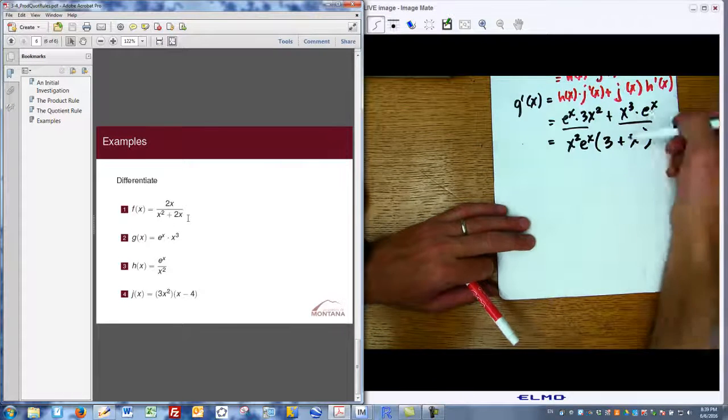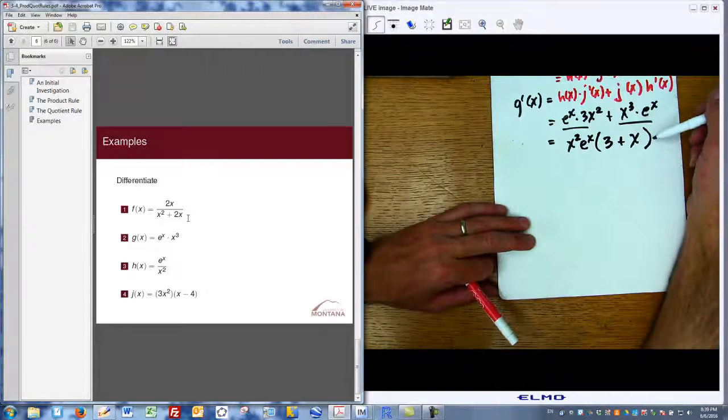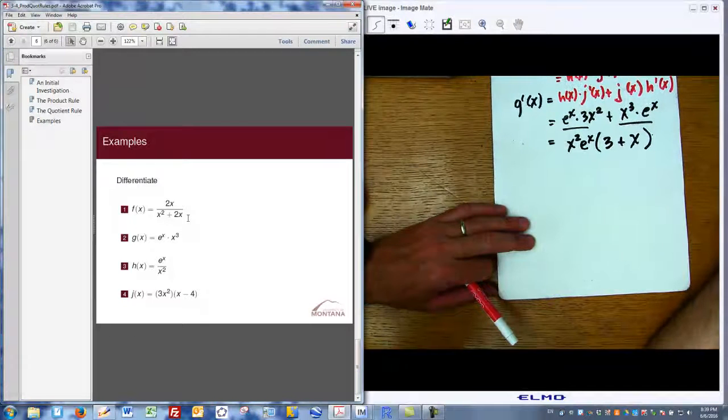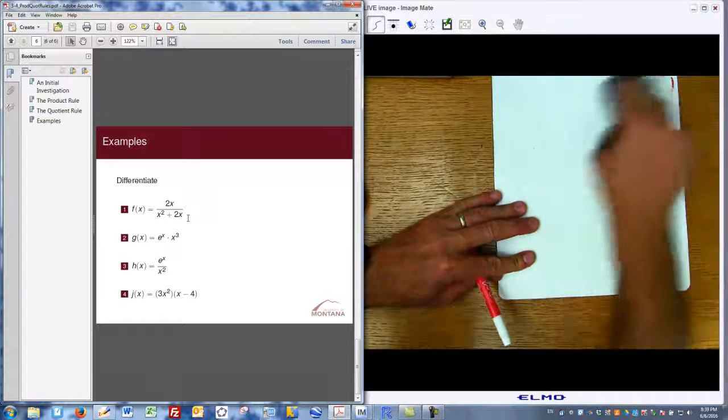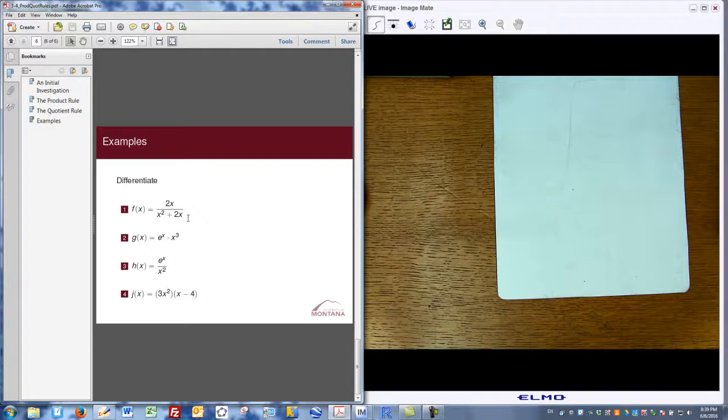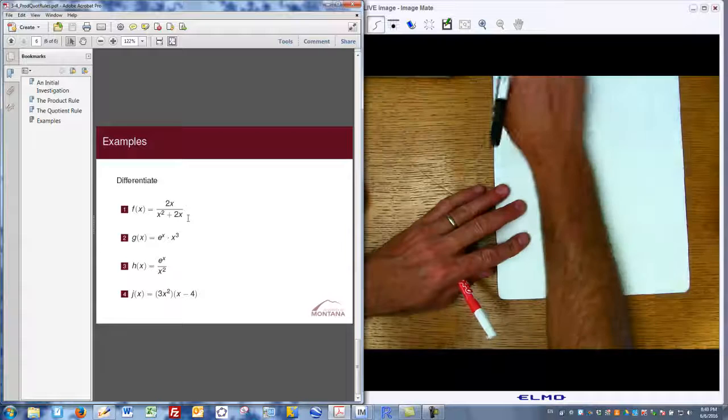Again, graphs of these should be interesting to look at because the graph of this function should tell you the slope of that function at any point. I encourage you to use technology to perhaps check your answers if you're uncertain. Okay, the next one is